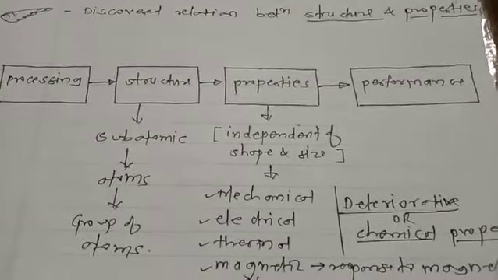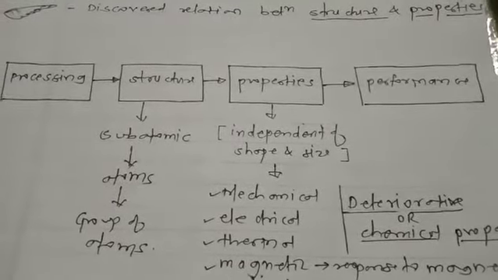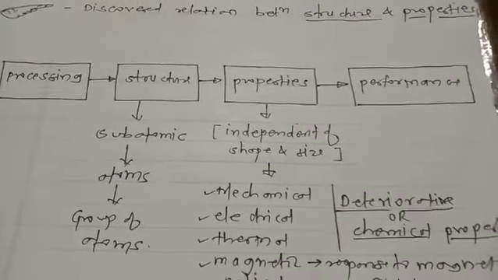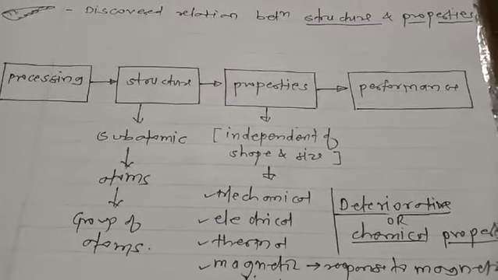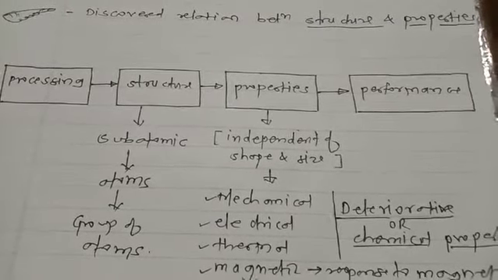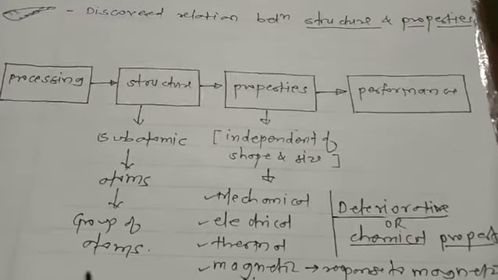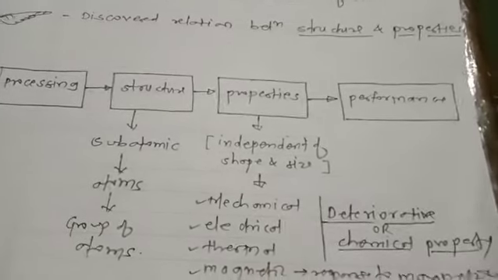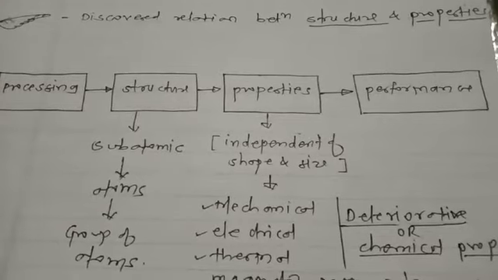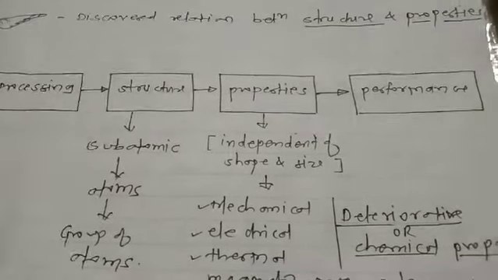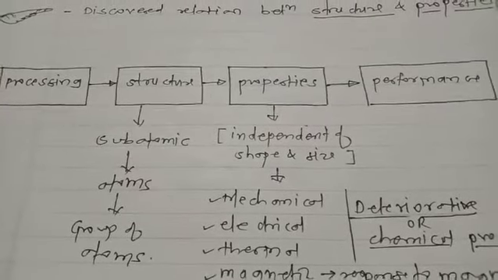Definitely there are different types of material, that is crystalline material. Crystalline material has proper arrangement of the atoms or unit cell, and in non-crystalline material there is random arrangement of the unit cell, right? Means if you process well in the right manner, you will get the proper structure, and then definitely you will get the better performance, right? So it is very, very important to have a good structure, we should follow good processing for the particular material, right?